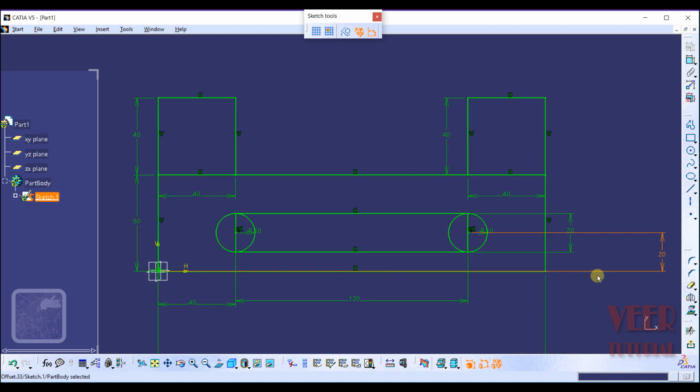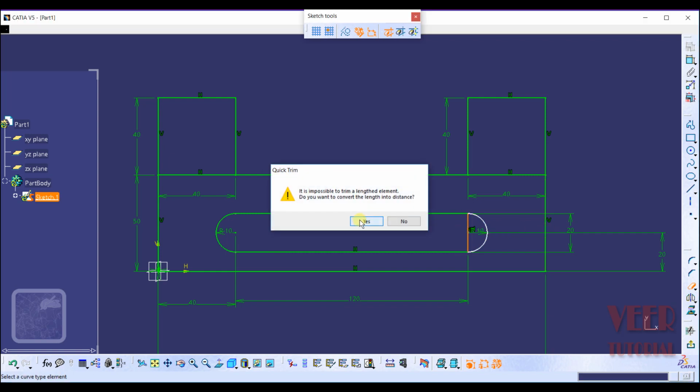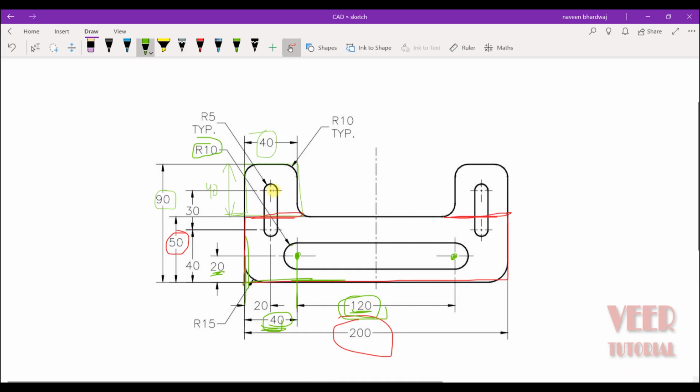So after we have created the basic sketch, we can trim these inside lines. So go to quick trim, select these extra lines which we don't need, and also this line and also this line. And after that we need to make this cutout part on the left section. So let's first undo this, undo all this, and then